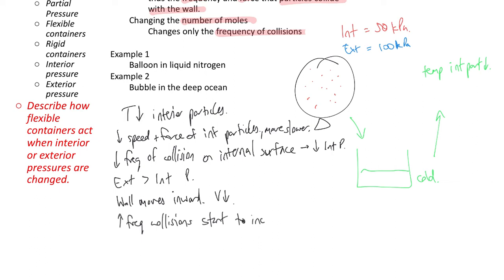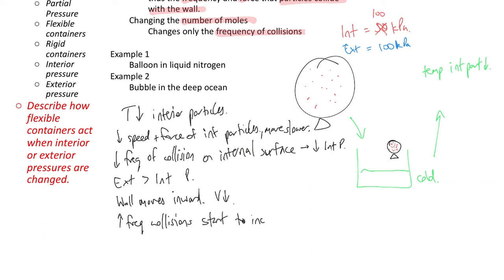So the frequency of collisions will start to increase because the wall has moved inwards and there's less space for those particles. All right? So as the balloon gets smaller, the same amount of particles are jammed into a much smaller space. The interior pressure will start to go back up again. So that interior pressure is now no longer at 50, but goes back to 100